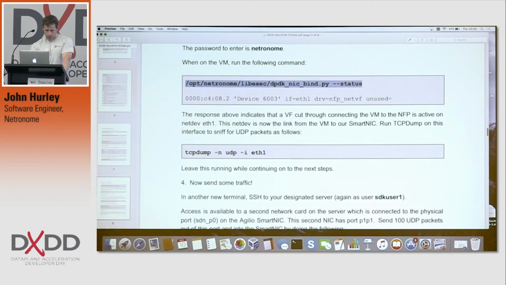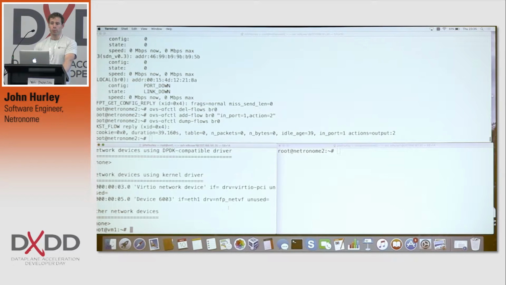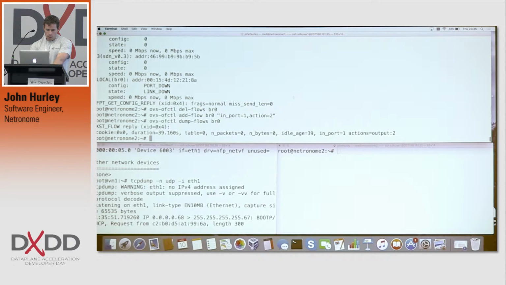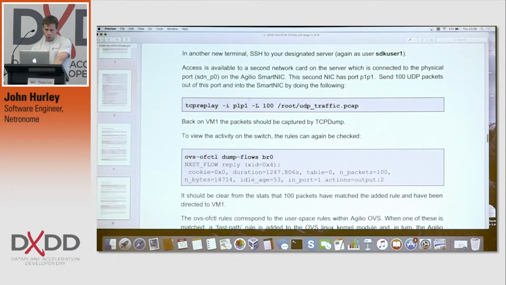So at this stage, we are ready to try and hit this with some traffic. To make sure we're receiving traffic, we're going to run TCP Dump on our VM. So you can filter for UDP traffic, that's what we're going to send. And we're going to run it on interface ETH1, which is, as I've just shown, our NetDev corresponding to our Netronome card. May see some other packets get through here, but there's going to be traffic. So if we go back to our main switch terminal,